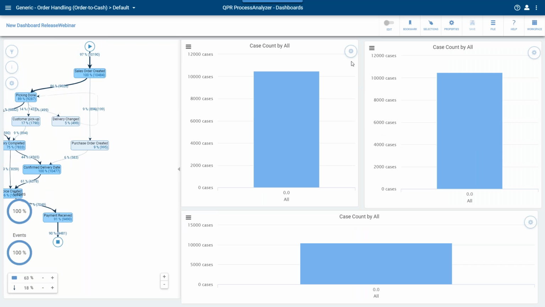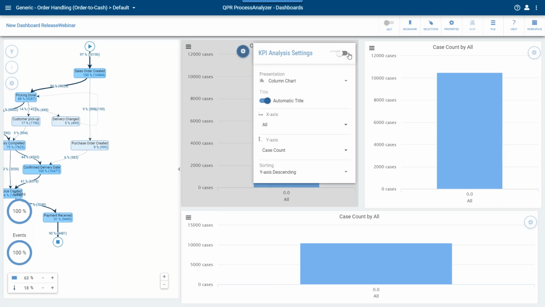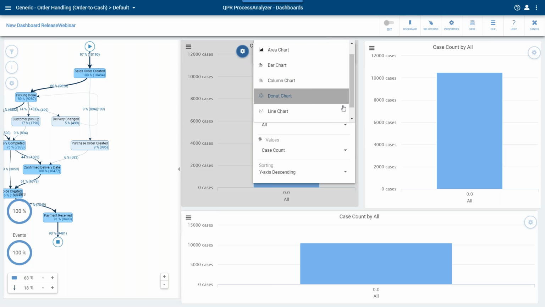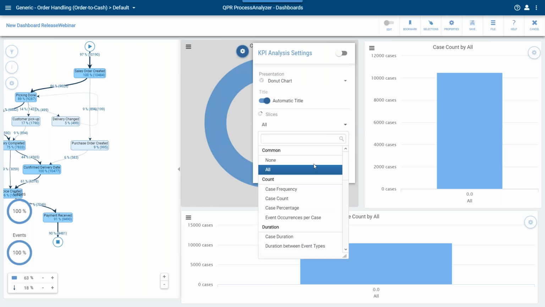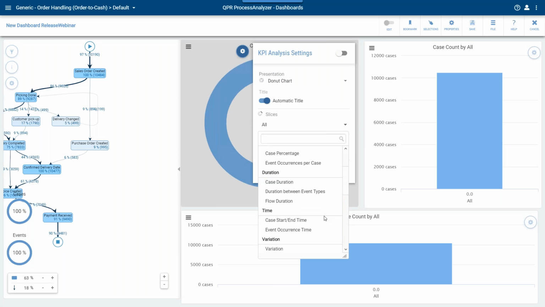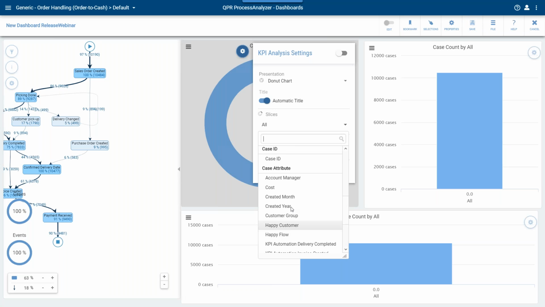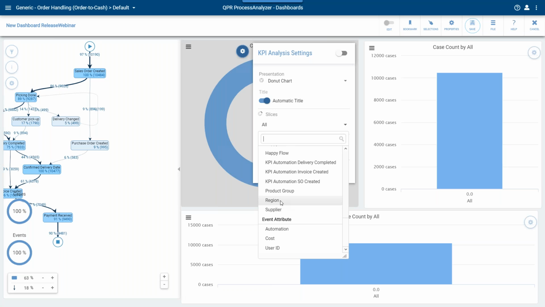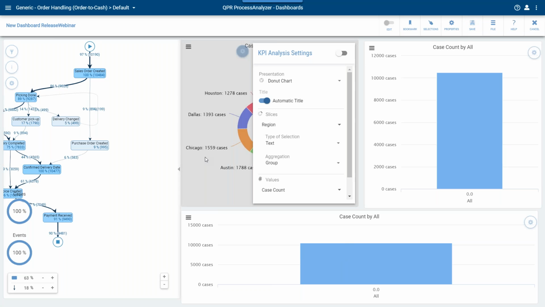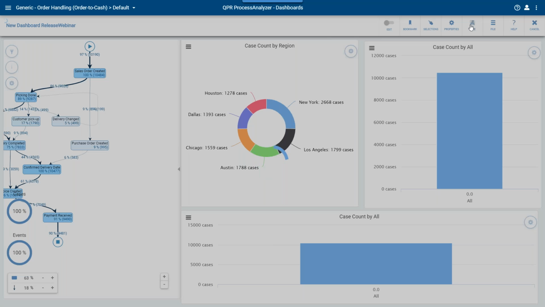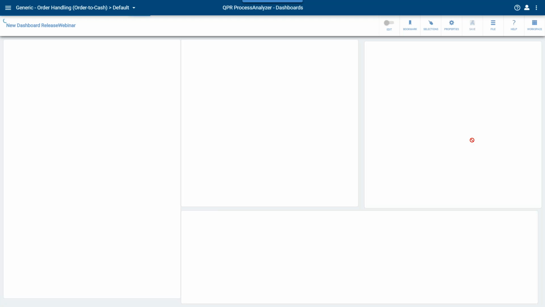So now when I have done the basic construction, I have the possibility to edit the contents of these controls. Let's say that I want to have the donut chart over here, and let's take the slices from, for example, case attribute, like a region, which I like a lot, and so on. So we customize this stuff over here and say, so now this being the dashboard that we created,